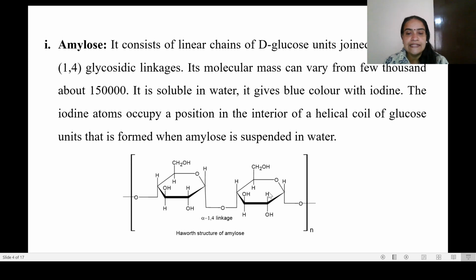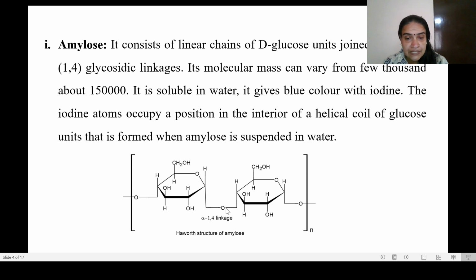Let us take two alpha D glucose units which are joined together through alpha 1,4 glycosidic linkage. You can see here, this is the first carbon of one D glucose and this is the fourth carbon of the second D glucose unit. Here we have one OH group and here we have one OH group. Both OH groups will combine together, and with the elimination of one water molecule, we get one glycosidic linkage, which is represented as a bond O, that is, an oxygen bond. Such a linkage is termed a glycosidic linkage.